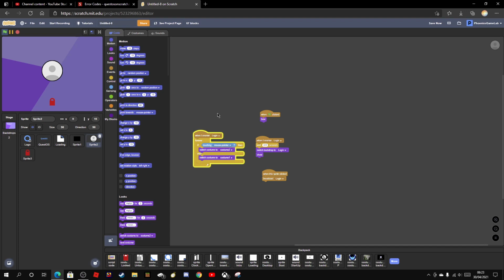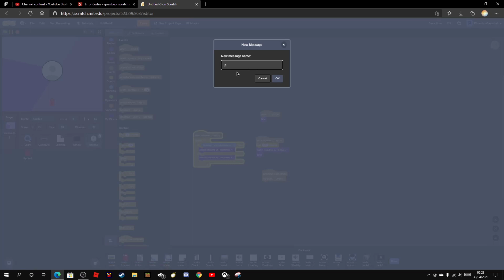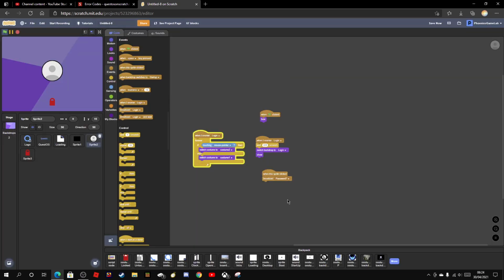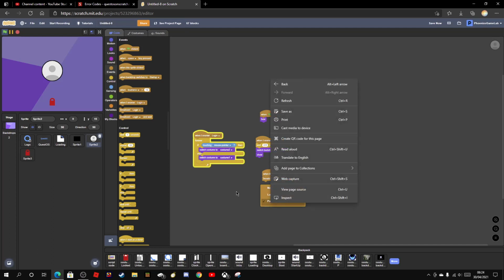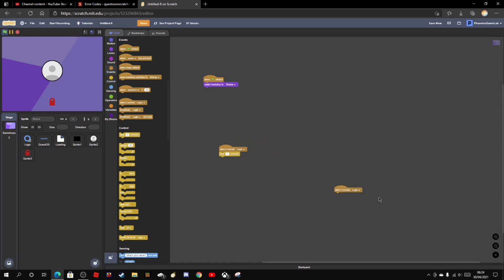So now we need a password system. I know how to make a password system because I've made them in some of my previous OSs. Some with help from my friend. Well, actually one, and then others I got the hang of. So I think I might do a bit of a complicated way, but we want a new message and call it password with a question mark, or no question mark. It's really up to you. So now when I receive password,